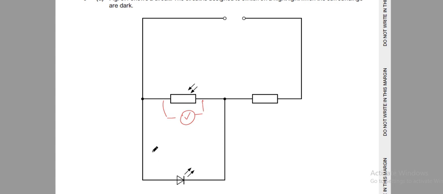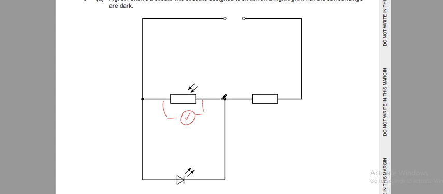If we don't have the light emitting diode connected in parallel here, and we have some lamp connected here, I would say that this light dependent resistor should have low resistance at dark, but as the lamp is an LED and connected in parallel to the LDR, we should have a high resistance here because as we see, the light